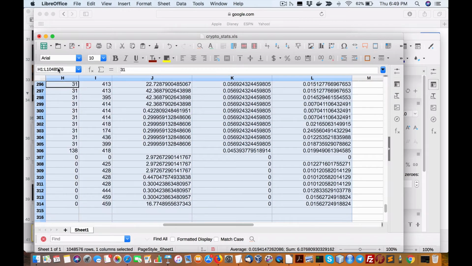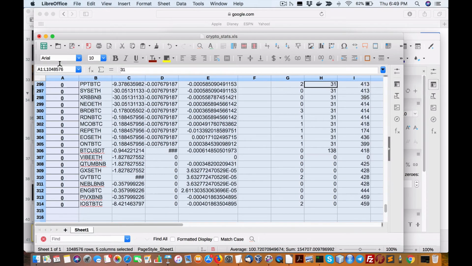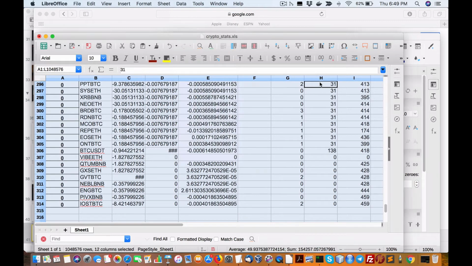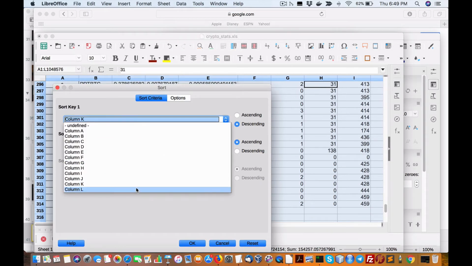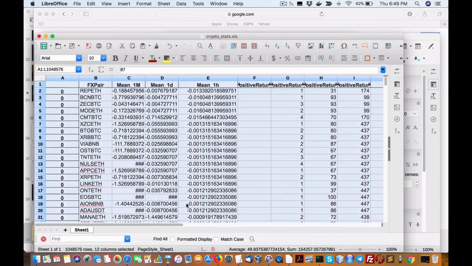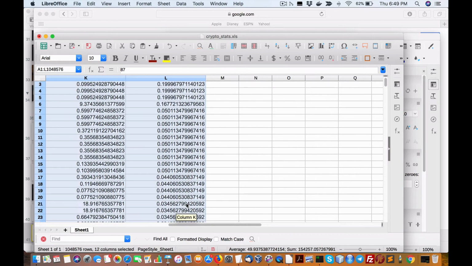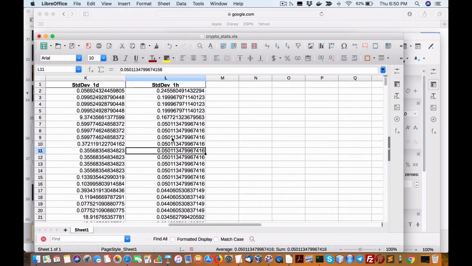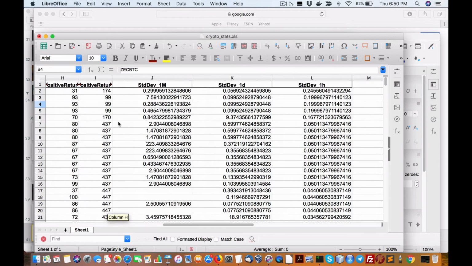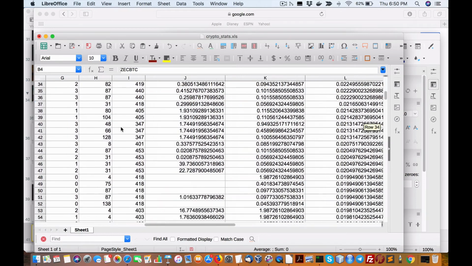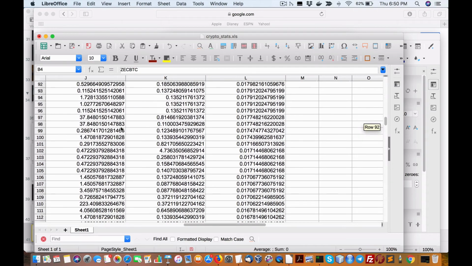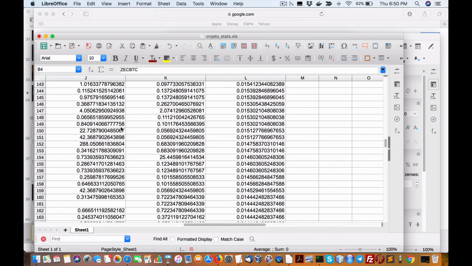So let me just do another sort. This time I'll do a sort on hourly, which is column 11. Okay, so descending once again, but this time we want column 11. So once again, on column 11, this supposedly should be the more stable ones, or least volatile. Okay, no, I'm wrong. So we're doing daily. So yeah,